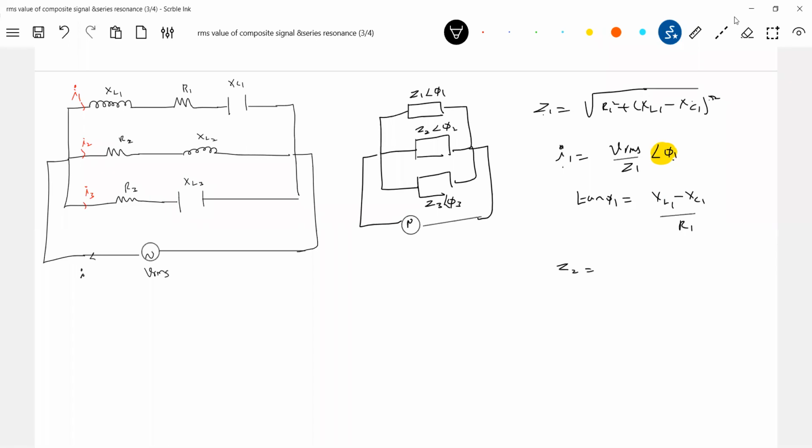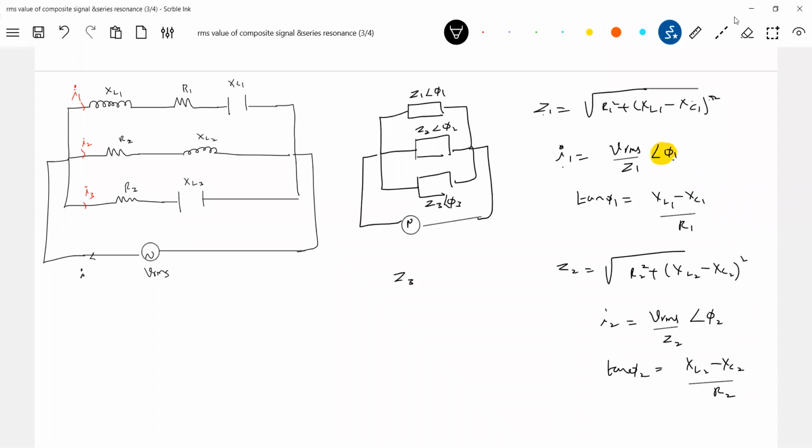Z2 is equal to the magnitude of impedance, and this has phase angle phi 2. How to calculate that? Tan phi 2. Phase angle can be positive or negative. It all depends upon the values of L and C. So similarly, Z3 is equal to